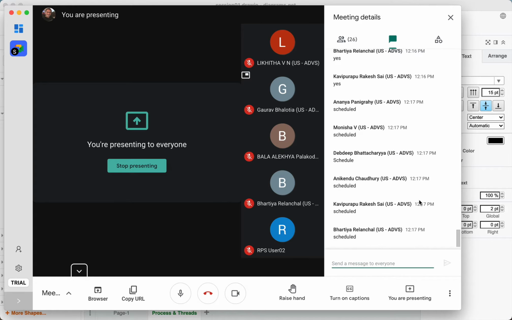Please repeat this point. The OS scheduler will schedule the threads to execute on the core based on, I did mention one term, based on what? Priority of the threads. I want the code that is written in this thread to be executed faster, or it must get the chance to execute faster as compared to the other threads. So there are some threads which are low priority threads, some which are high priority threads, and some which are medium priority threads. They will compete with each other, and your operating system will pick up those threads one by one and get them executed in the core, and your execution happens.